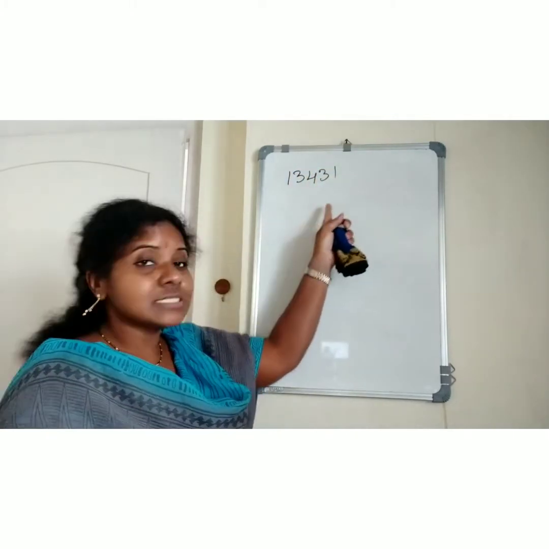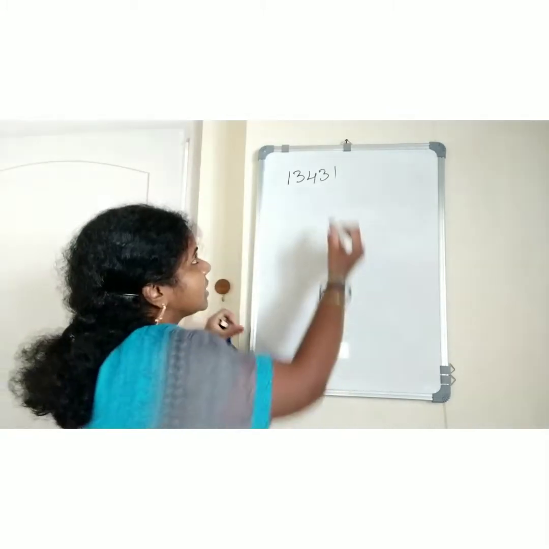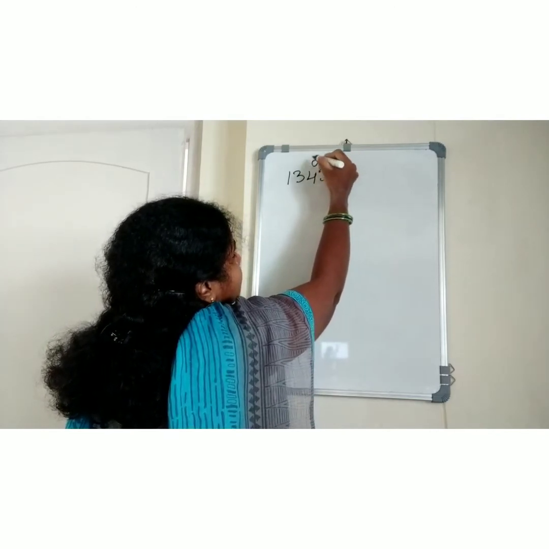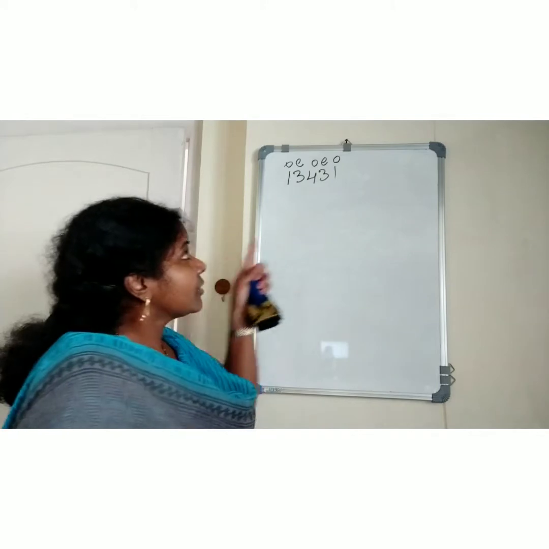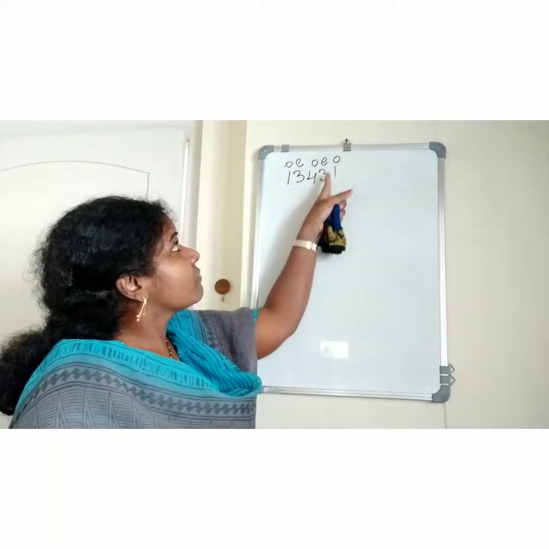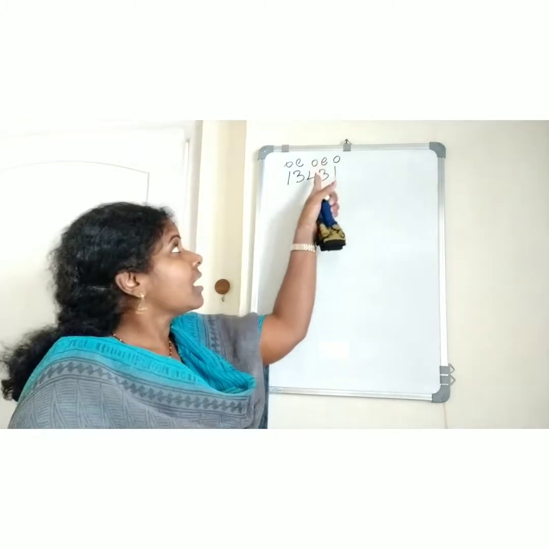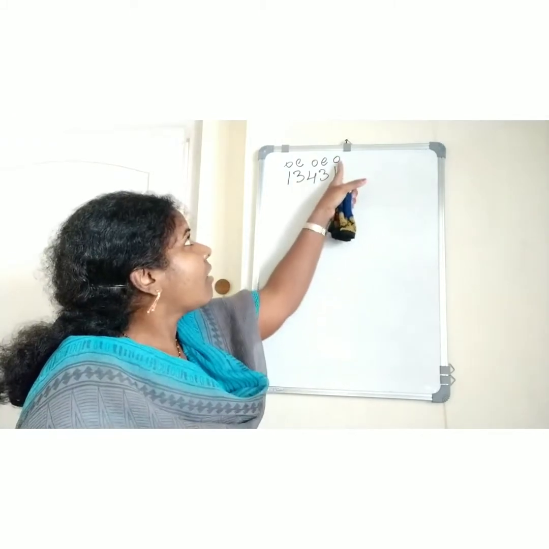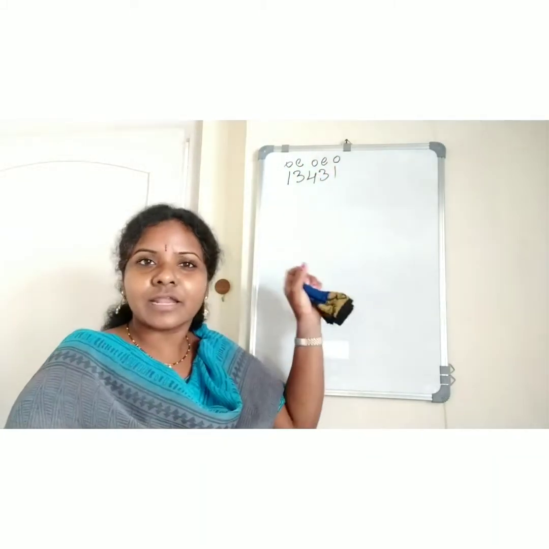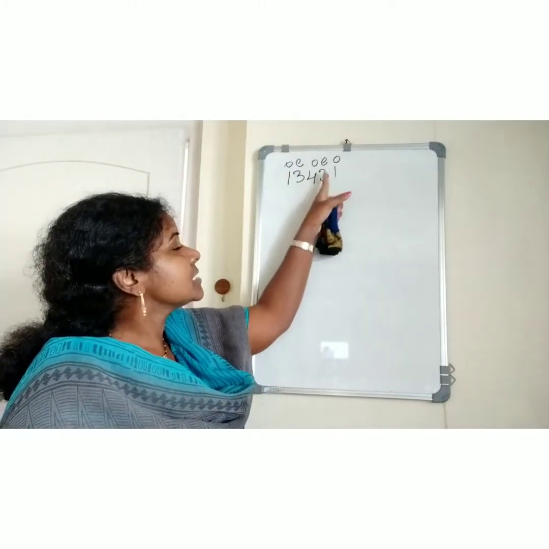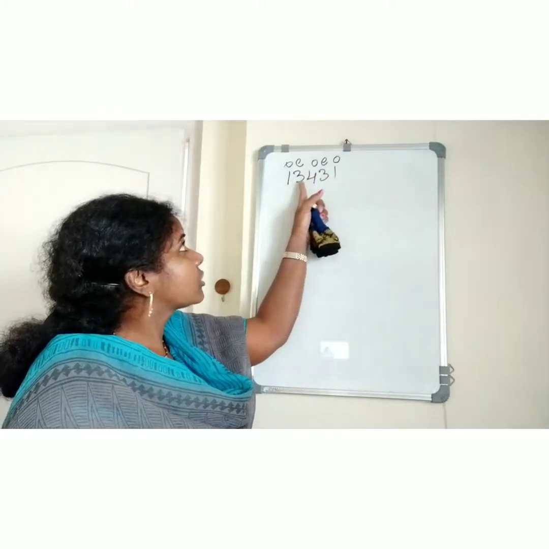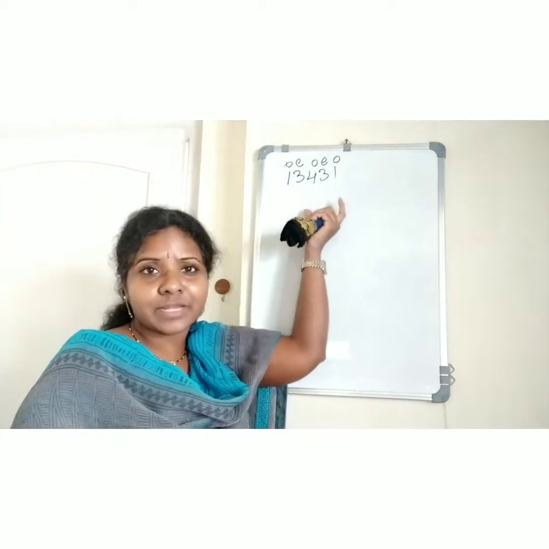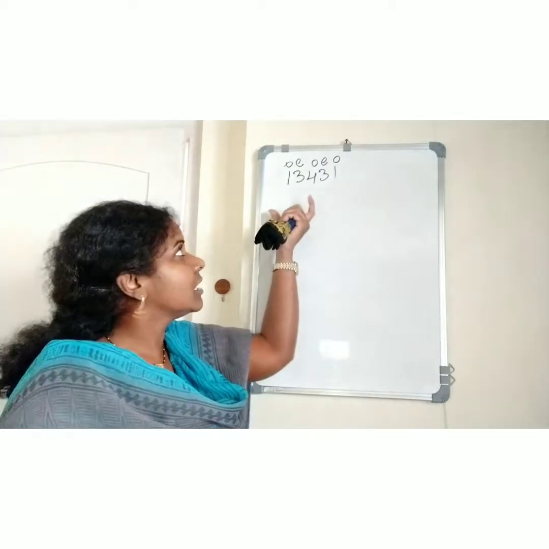Here I am giving the positions to this number. Odd position, even position, odd position, even position, odd. Here you may get some doubt. 3 is there, why have you given even here? I am not writing according to the number; I am just giving the positions alternately: odd, even, odd. First place, second place, third place, fourth place, fifth place, like that. I am not judging according to the number, just the places or positions.